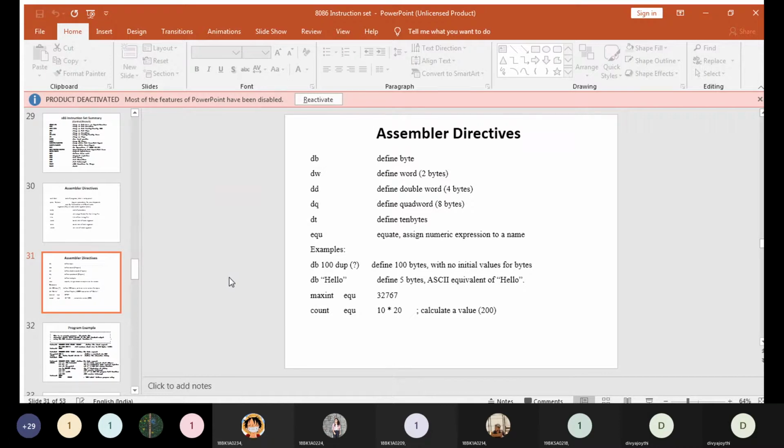So if it is an assembler, then what could be the assembler directive? While the assembler is converting assembly language into binary language, in that process it needs some directions. In what way? Say for example, you have written a number 2 and a number 3, and you want to perform addition between number 2 and number 3. The result is going to be 5.